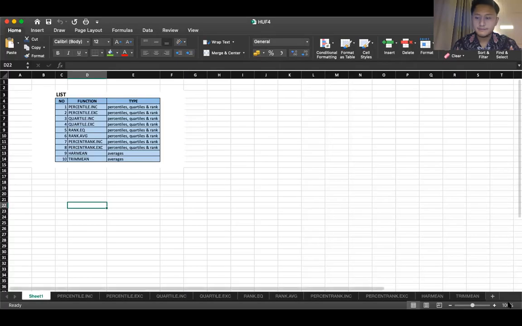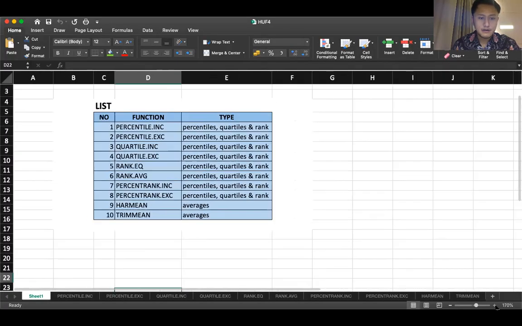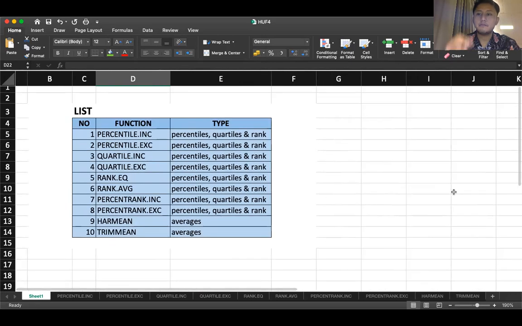Functions are predefined formulas that perform calculations by using specific values called arguments or structure. Functions can be used to perform simple or complex calculations. The Excel functions that we will learn in this meeting are... there are 10 functions that we will learn in this meeting. The first one is